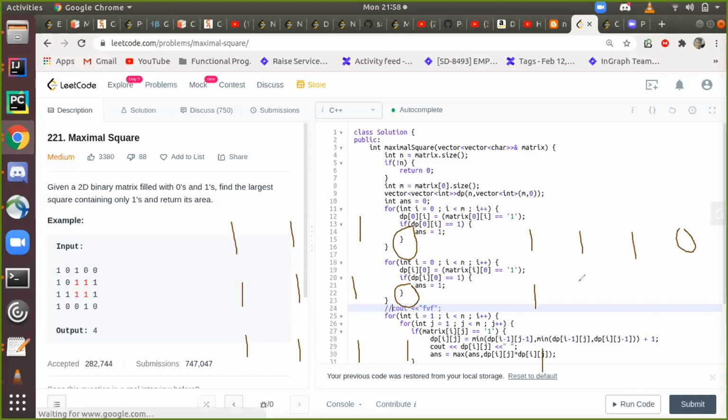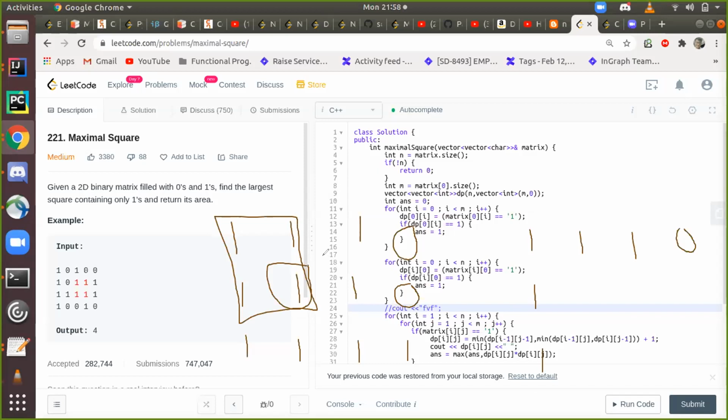Now coming to this cell, it is 1 in my original array. Now I try to form a square, which would be something like this. As Ronnie did, I'm taking the minimum of these three variables, dp of i minus 1, j minus 1, this and this.